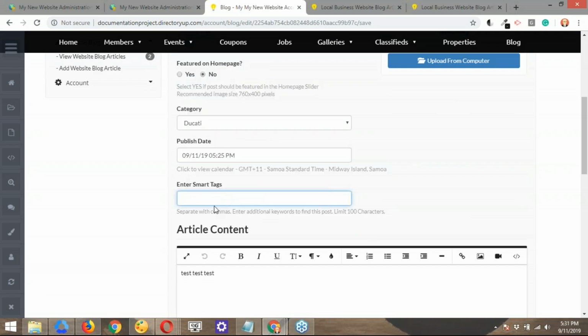And also their articles can be found by the content they write in the articles. If you do a keyword search, it is not only searching the title, it's also searching the tags, and it's also searching the article content. So the categories are more of a way for you to help keep your site nice and organized for your visitors, while still allowing your members to publish the content that they need to, the user-generated content.